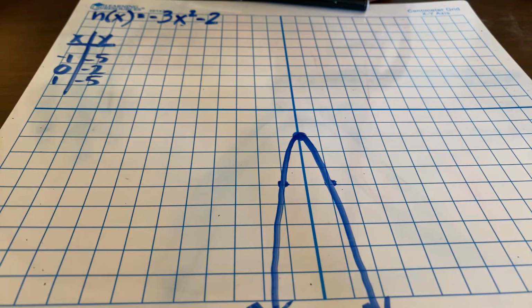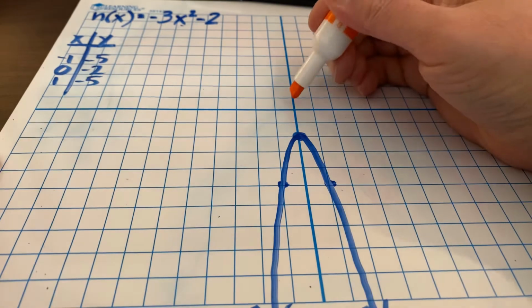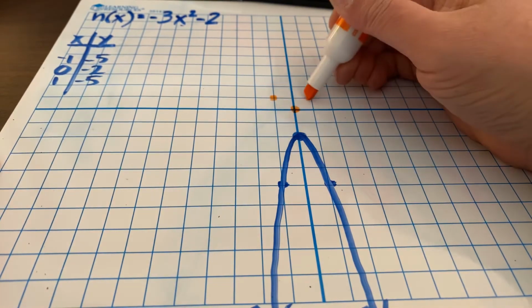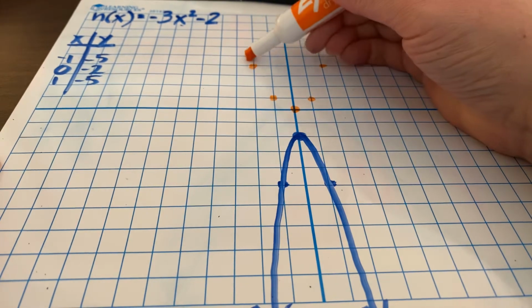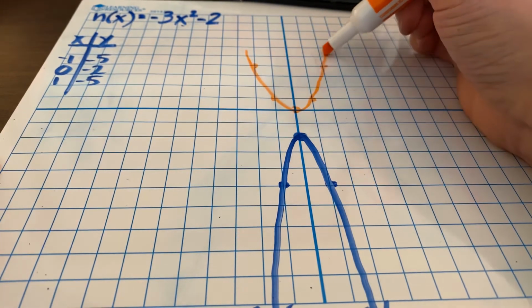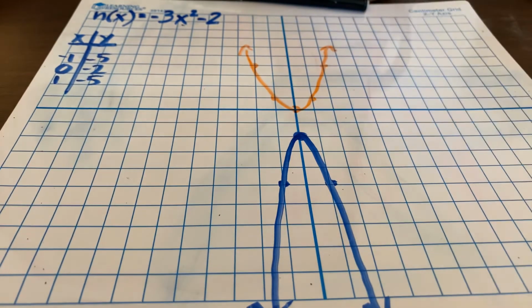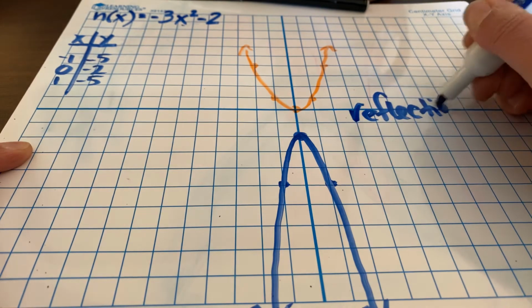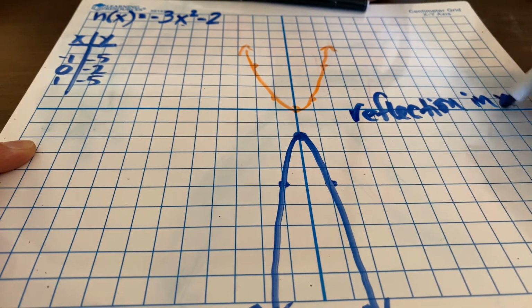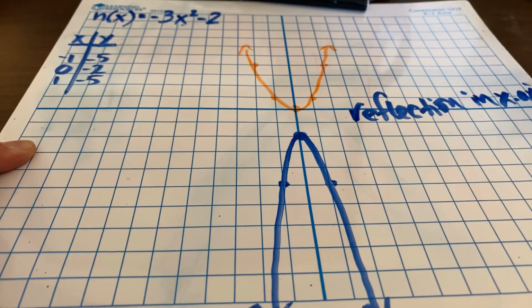And like I said, how does this compare to your original x squared parabola, right? How does it compare? It is a reflection in the x-axis. Here, we'll write that: reflection in x-axis,